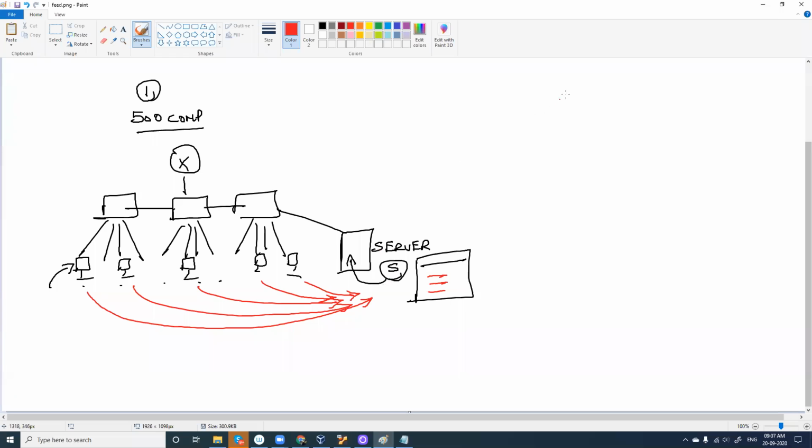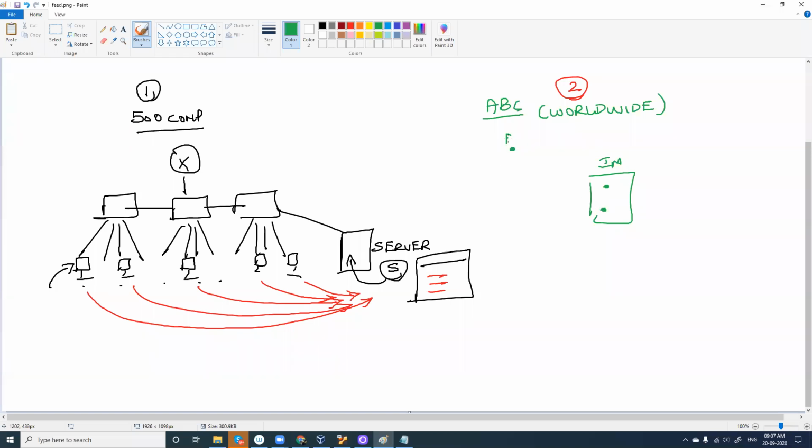We'll go for scenario 2. In scenario 2, there is a company called ABC. ABC has branches worldwide. So for India, this is India, and they have two branches here, one in Delhi and another one in Bangalore.